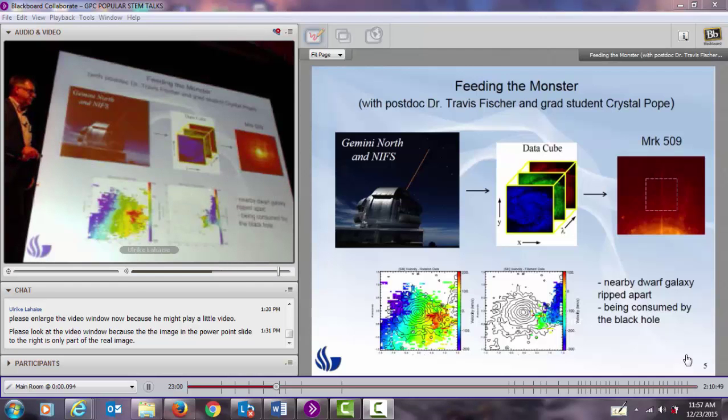So galaxies rotating like galaxies do, but when you subtract off the rotation, you see another part which is blue shifted, and then slightly red shifted as it makes this turn. So it comes down, makes a turn into the galaxy, and it's red shifted. What we think is going on here is that gas coming from behind the galaxy, because remember, this is actually a 3D universe, not 2D. So it's coming down from behind the galaxy, hitting the galactic plane, and then being diverted down into the center. So it's blue shifted as it comes towards you, hits the galactic plane, and then red shifted as it goes down into the nucleus. So we think this is actually one